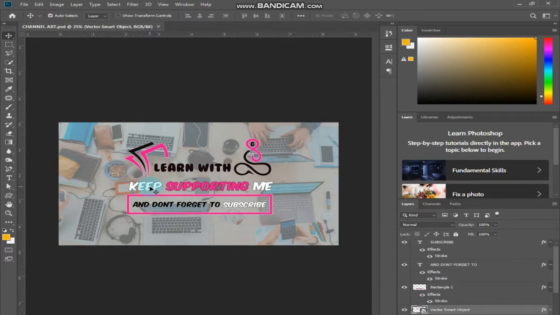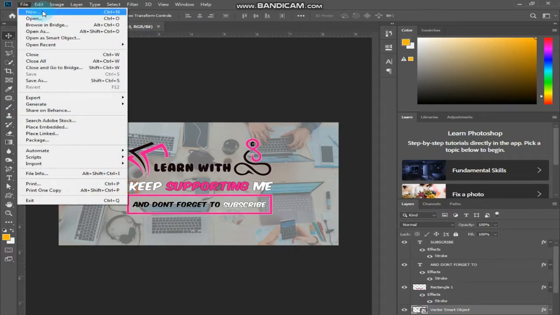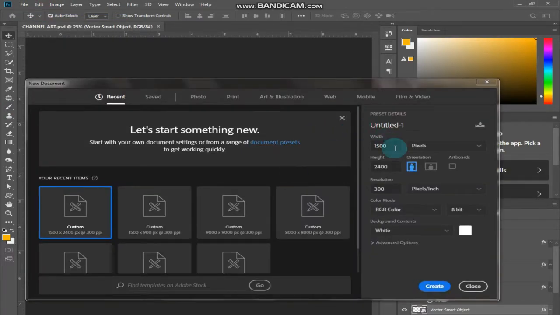First of all, I'm going to create a new document for this. I will click File and New. A window appears and its width will be 1500 and height will be 2400, and it's perfect because I'm going to create a movie poster in a vertical way, so its width will be less than its height.